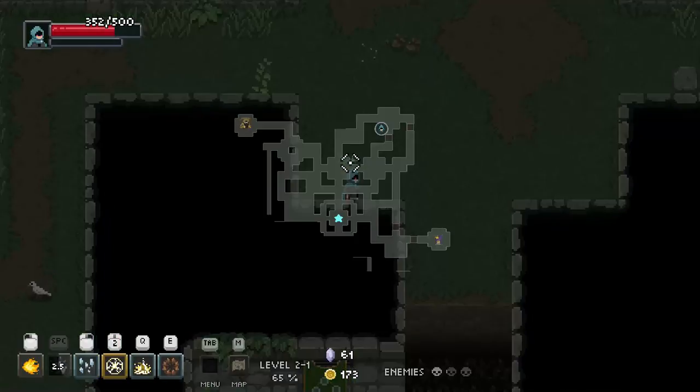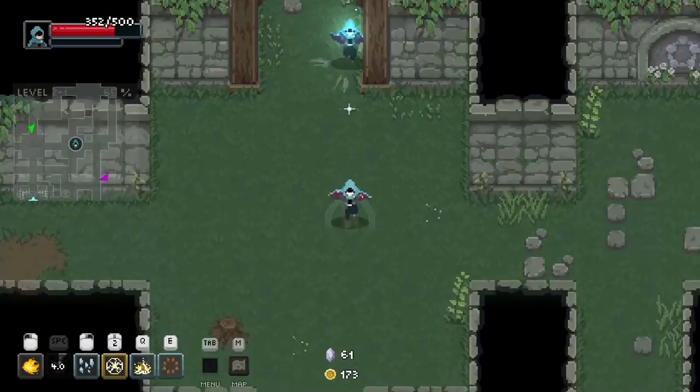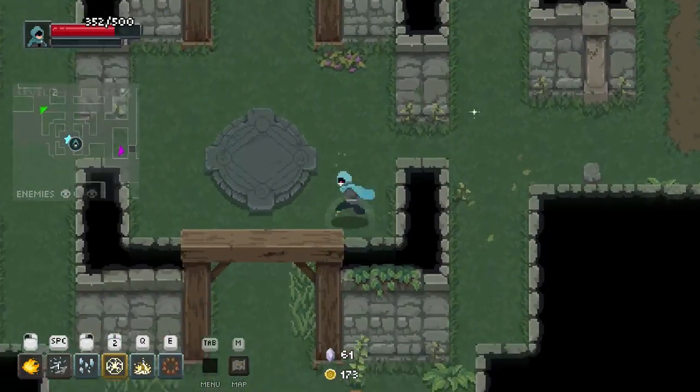Okay, I need to look at the map because I'm just going around in circles. Yep, nope, going around in circles. Going nowhere new, nowhere fast. Is that even a new... It's not. Okay, wow, let's just...